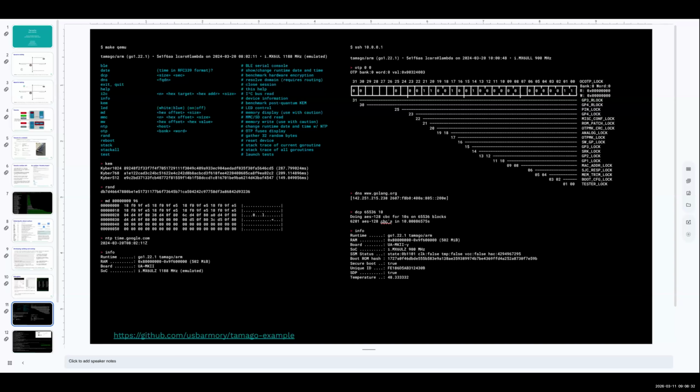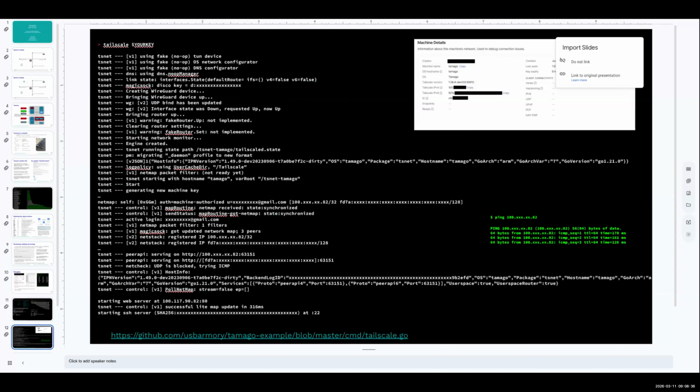But everything else, cryptographic libraries, formatting libraries, even Tailscale. So this is an example of the Tailscale client running on one of the hardware devices that we support. So we can have a Tailscale WireGuard VPN running in bare metal without any operating system support.